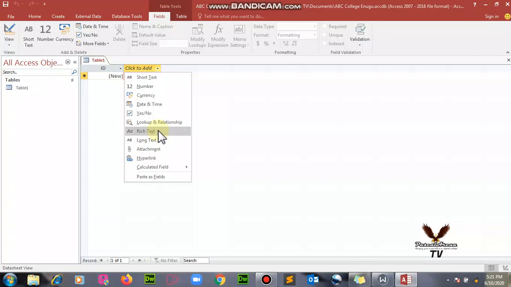We also have another data type that looks like that. Long text. Long text is when you ask someone, please can you describe yourself briefly? You want the person to tell you more about himself,